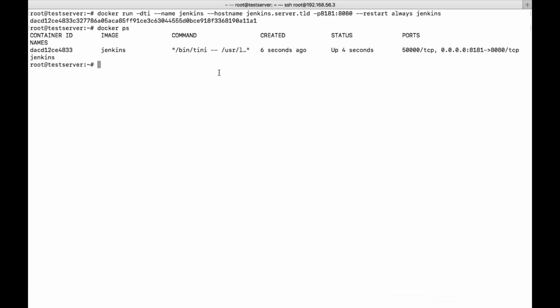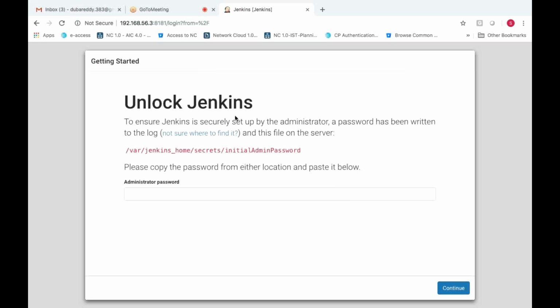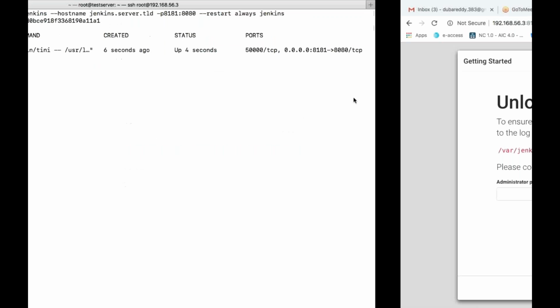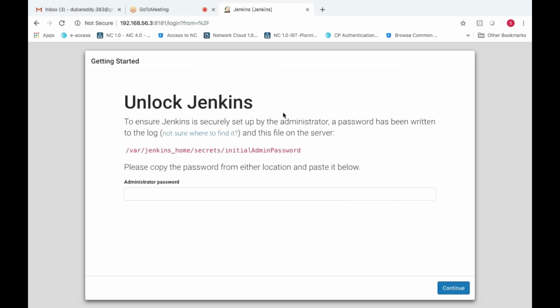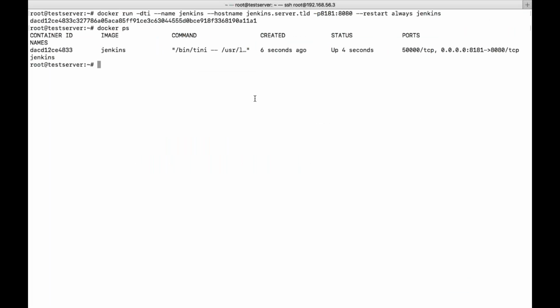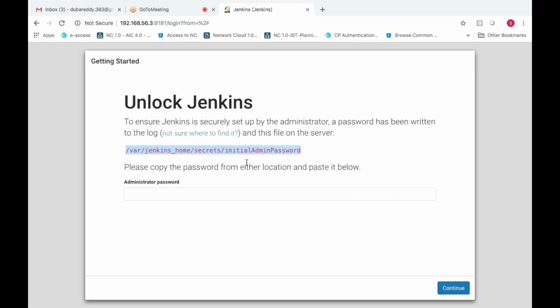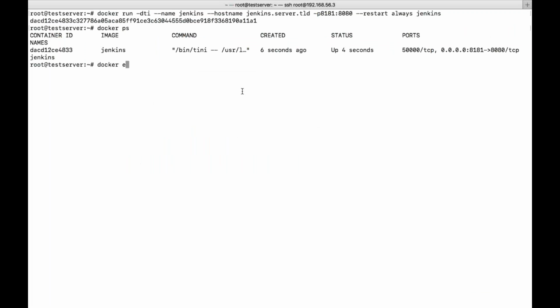Now we can see this is the installation process. See, installing Jenkins, it's already done in the container. Now we need to configure Jenkins. If you already know, I think the steps are common. So let me copy, and I need to know the password. This file is contained inside the Jenkins container. So docker exec -ti Jenkins, Jenkins is my container, and I want to execute cat and the file name. So this is the password. Without logging into the container, I'm just pulling the data.